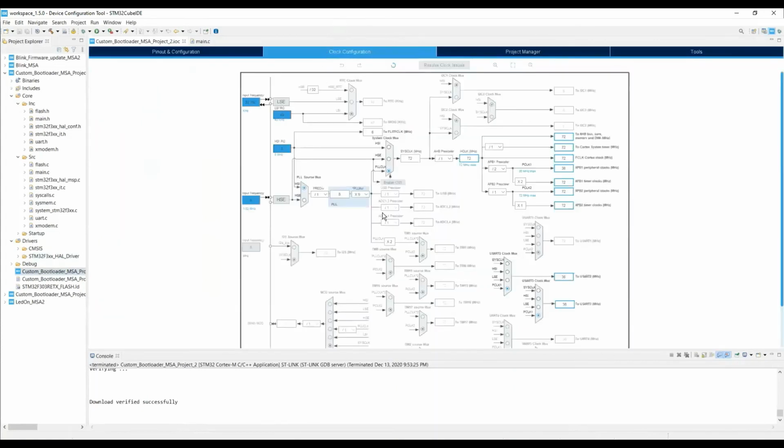If we go into our clock configuration, this is our clock configuration table. It decides what clock is sent to each and every peripheral. In our case, we are using the HSI. And if you see here, this is going to all our enabled peripherals.